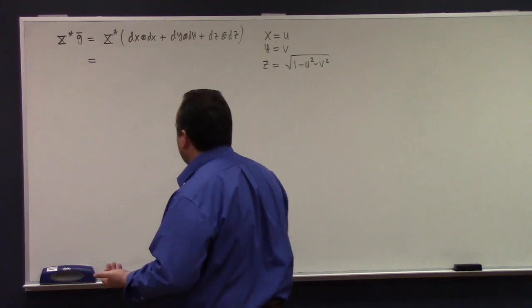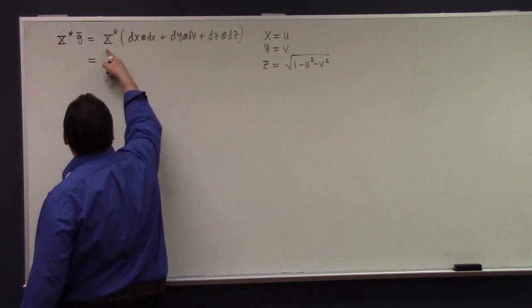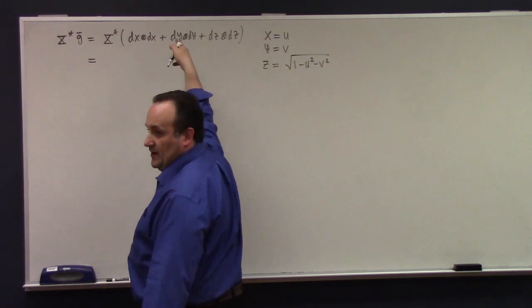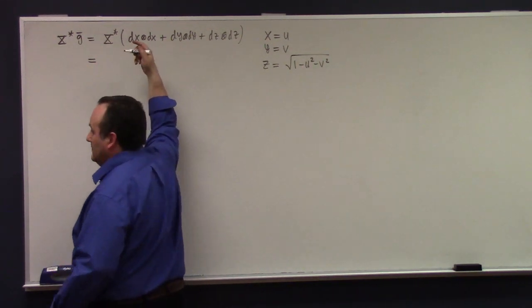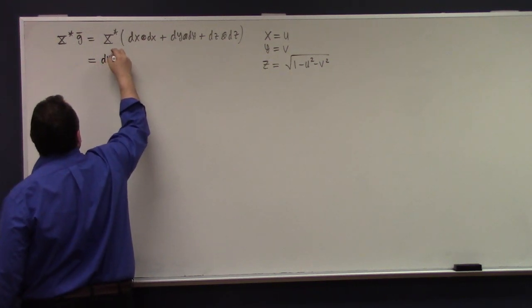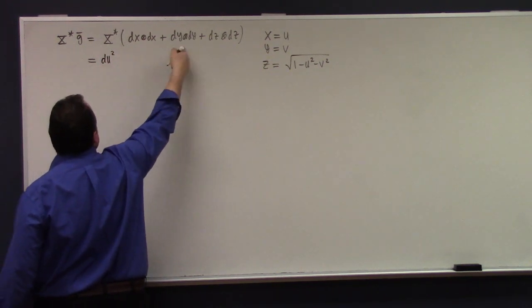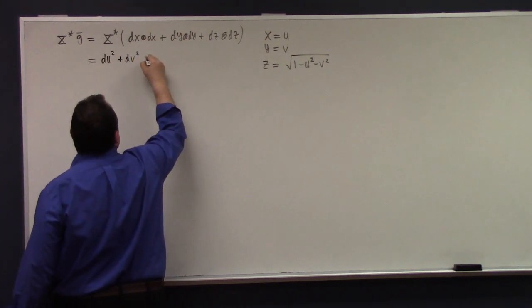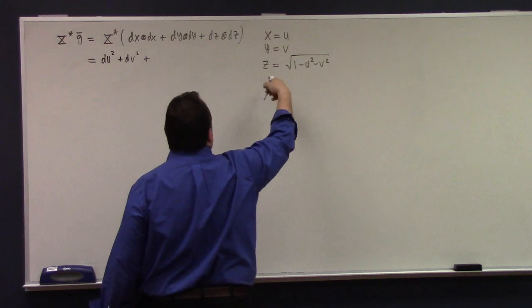so of course, the pullback just says substitute the formulas in and work it out, right? That's how it goes. So of course, first we got du squared, or du tensor du. So that becomes du squared. That becomes dv squared. And over here we've got,